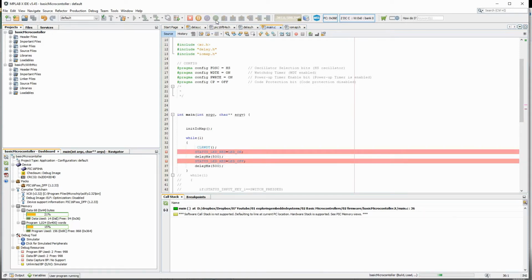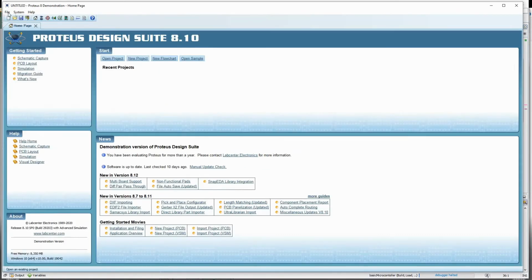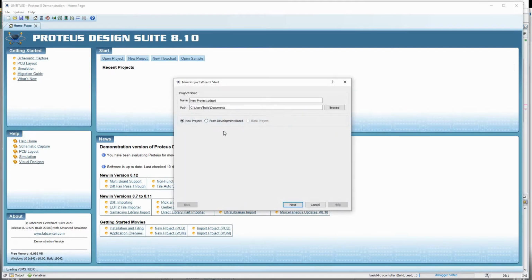Yeah, it seems to be working. So let me calculate the timing in Proteus. New project. In Proteus, I'm not able to save it because it's the demo version. So every time I have to redo the circuit.